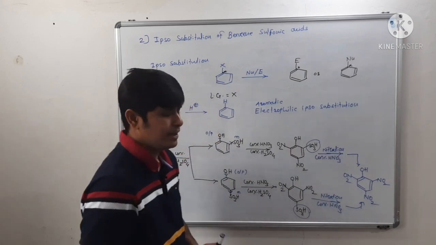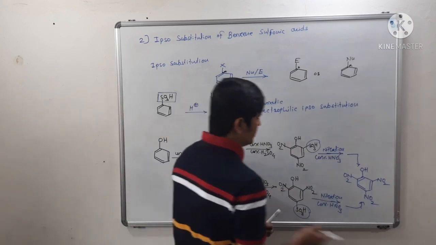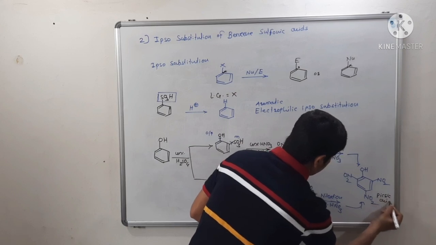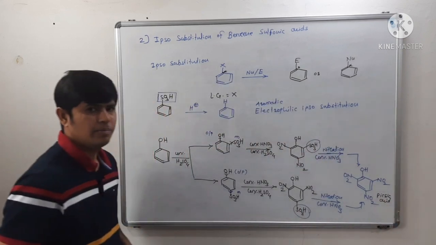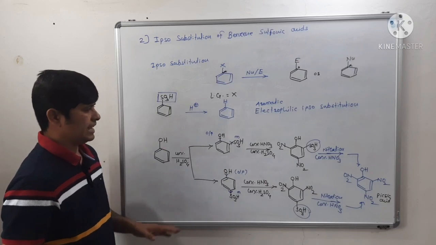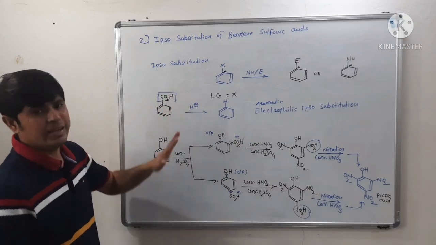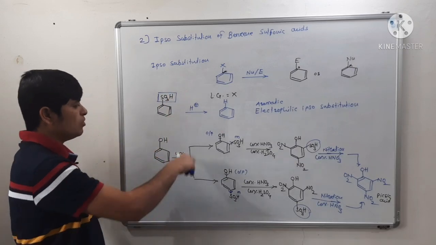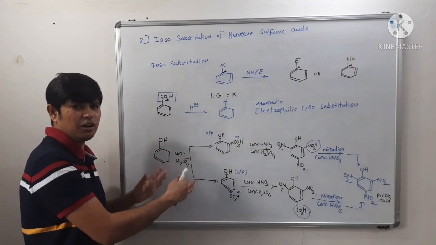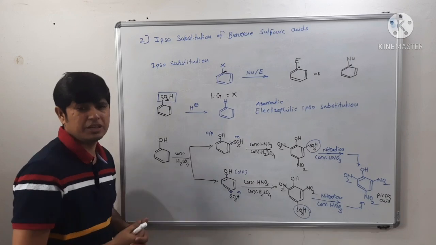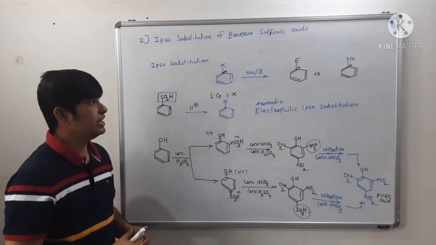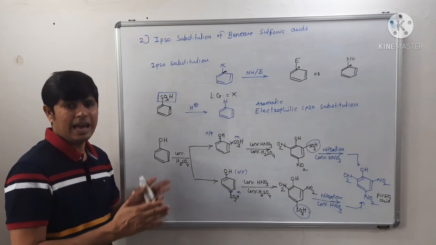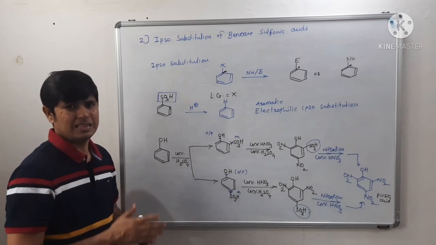So you will get the maximum yield of picric acid. Maximum yield of what? Picric acid. Okay, so this is what? Ipso substitution. This is an application of ipso substitution for the preparation of picric acid. Now let us see the last topic of this chapter and your paper 1 syllabus, that is